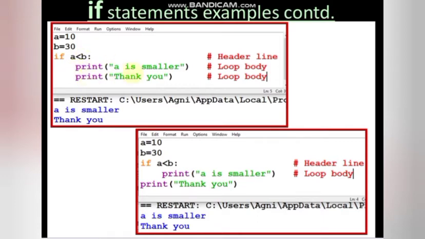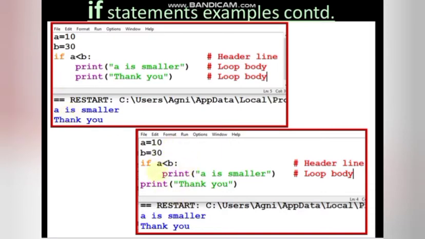Suppose the condition is false. What will happen in this case? Suppose we have given the symbol A greater than B. So 10 greater than B will make it false. It will not come inside the if block, and since there is nothing else, it will not print anything.